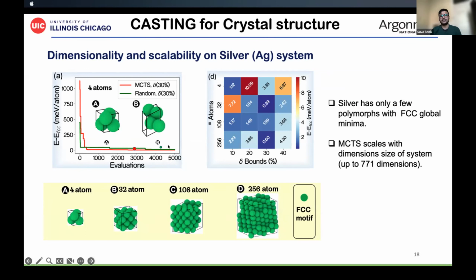A 256-atom system is equivalent to 771 dimensions, because each atom has 3 coordinates, x, y, z, in the Cartesian system, and if you multiply by 3 and add the 6 lattice parameters, a, b, c, alpha, beta, gamma, that gives you 771 dimensions, which is quite high. And if you look at the solution for each of the cases, MCTS got a very good solution. It managed to reach the FCC structure, which we know is the best energetically favorable polymorph for the